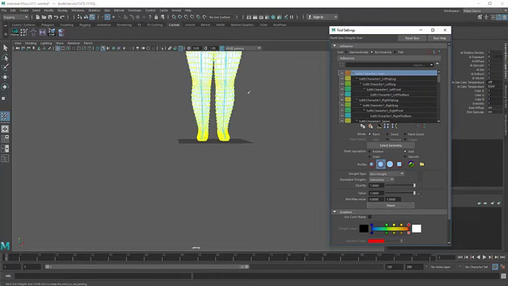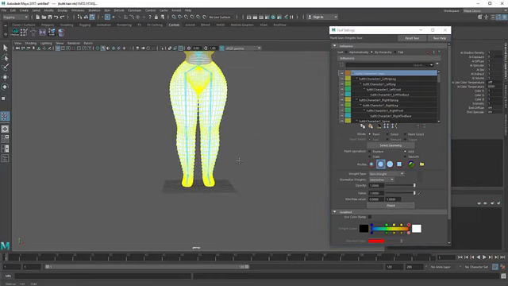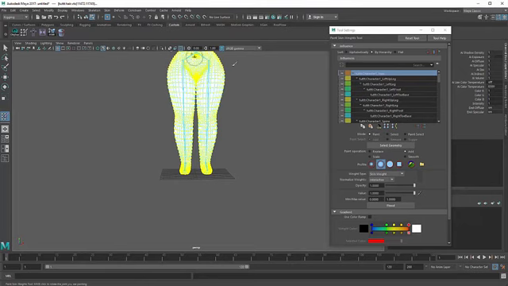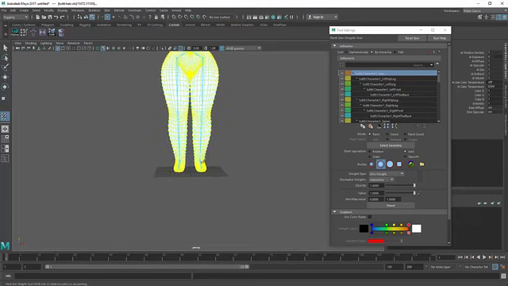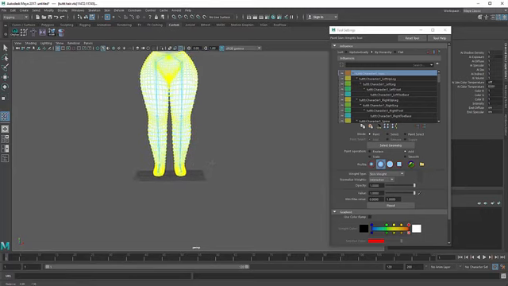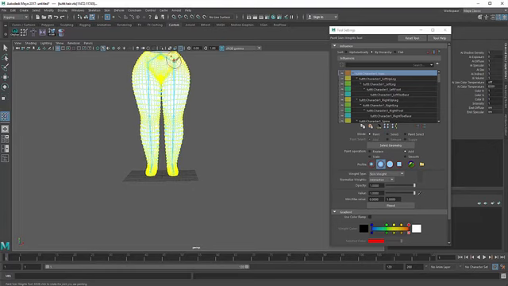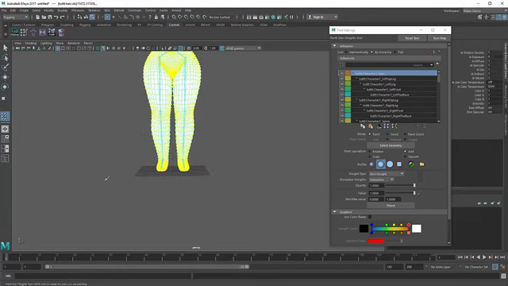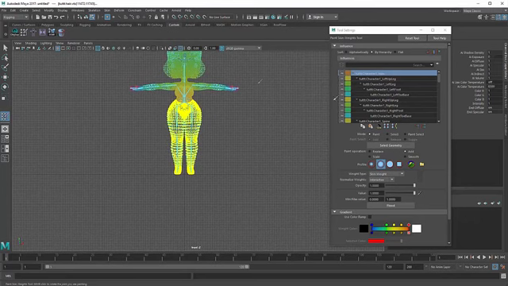As you see, these areas have been affected. So we don't need to fix it for the hip joint, but for the thigh, knee and ankle and every other joints, we need to fix them. So let me start it from the thigh. Go to the front view, go to select